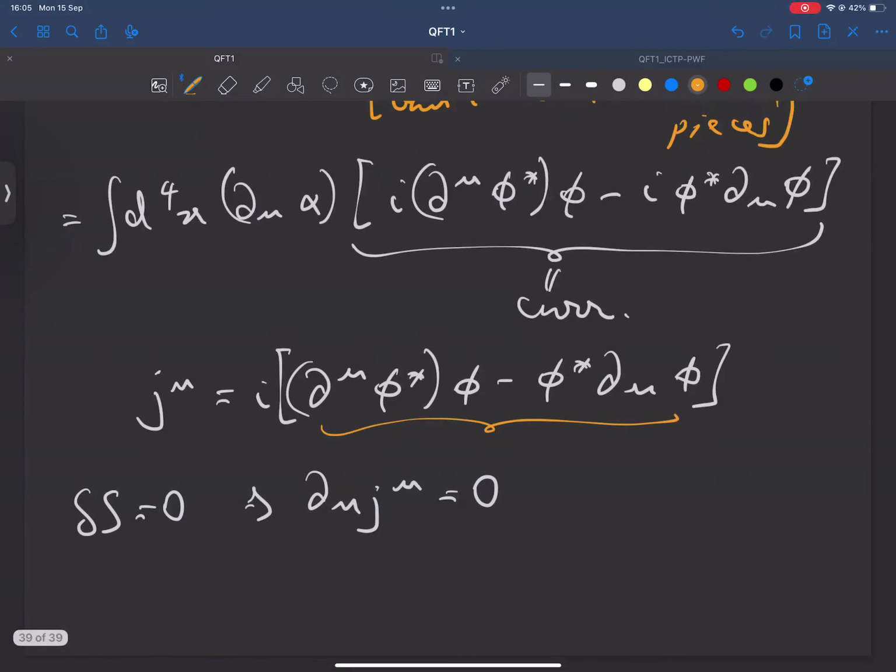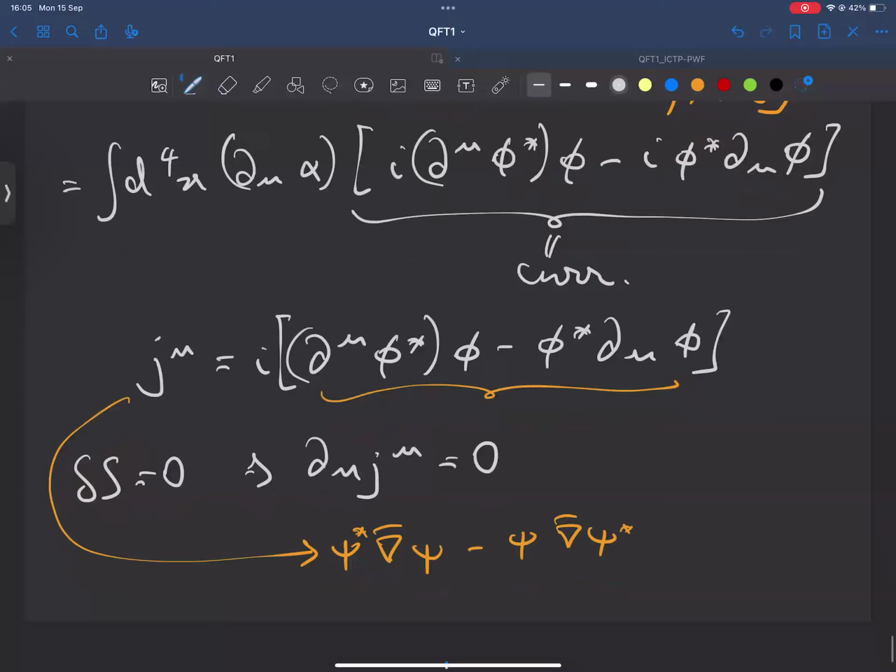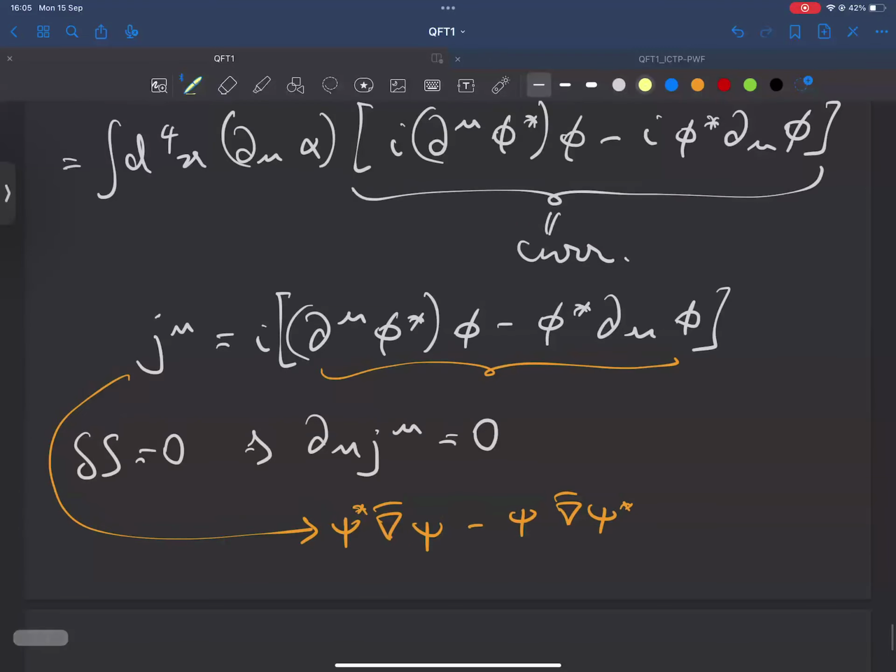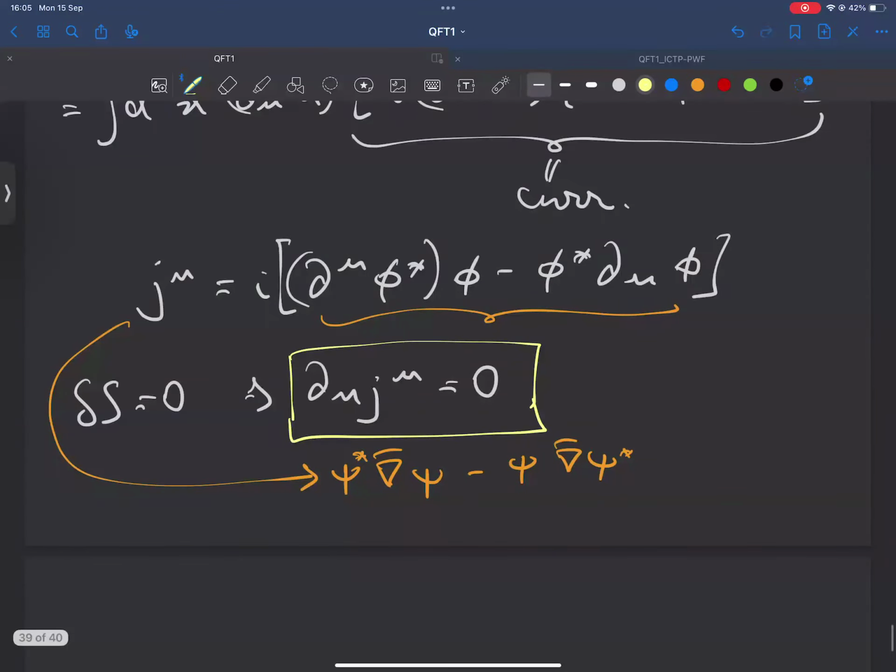So from that, you could see that this guy has a similar feature, okay? Because recall that in quantum mechanics, it was written something like this, right? And this has the same schematic form but now with completely covariant notations with all space-time indices properly. So that's why you can see that the result that we get, that there is a continuity equation for that symmetry of U1, is indeed a correct equation, and you can consider it as an analog of the probability conservation equation in quantum mechanics, but now completely relativistic. Okay,